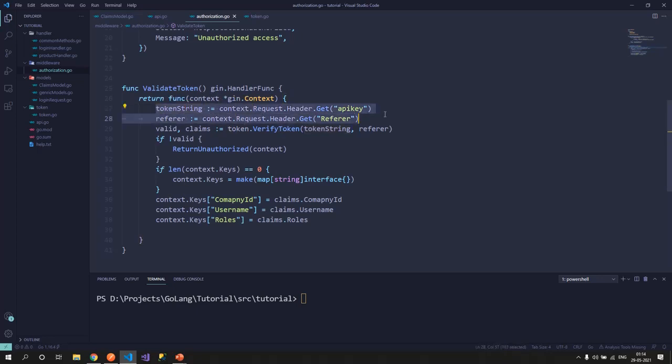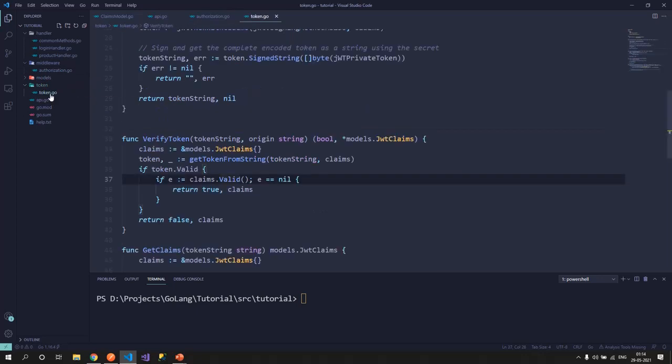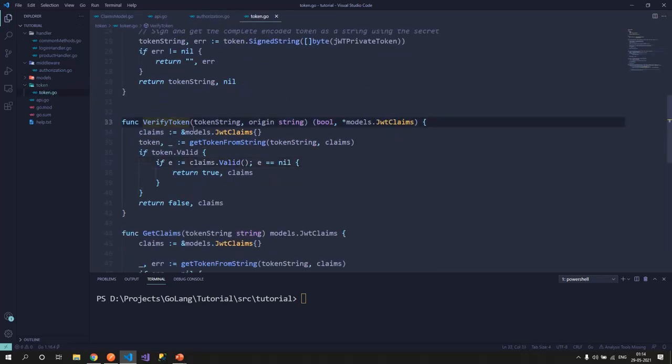So we'll try to get the token from the header. Then, because we wanted to verify the referrer as well, I have tried to get the referrer from the header, but we will not surely do it, because through Postman the referrer would be different from what we encoded in the token. Then, in the token package, where we had the generate token function, there I have the verify token.